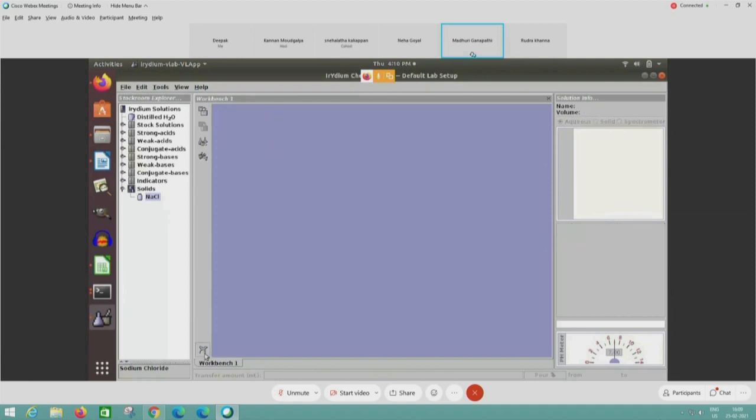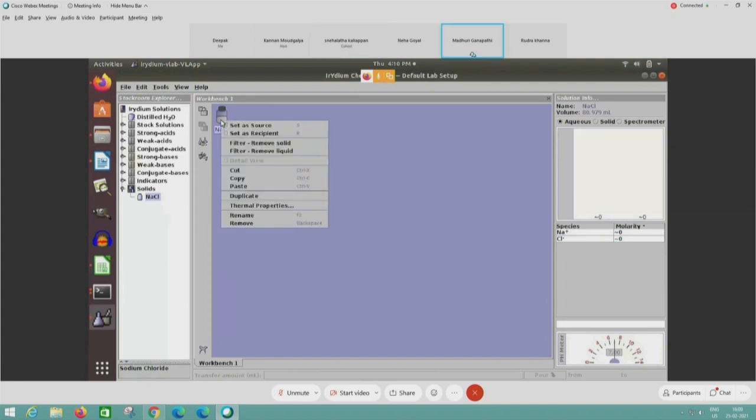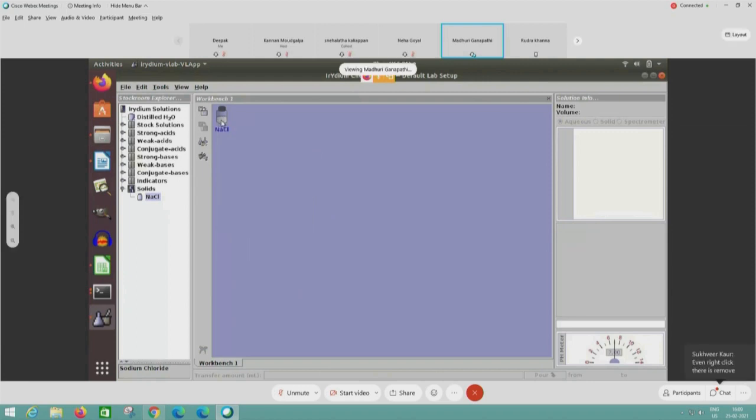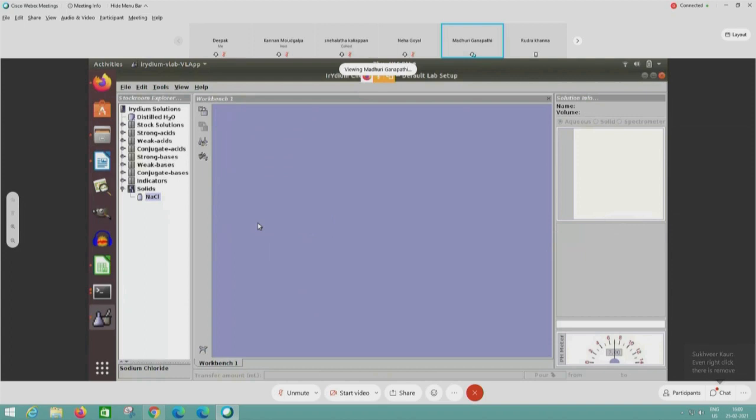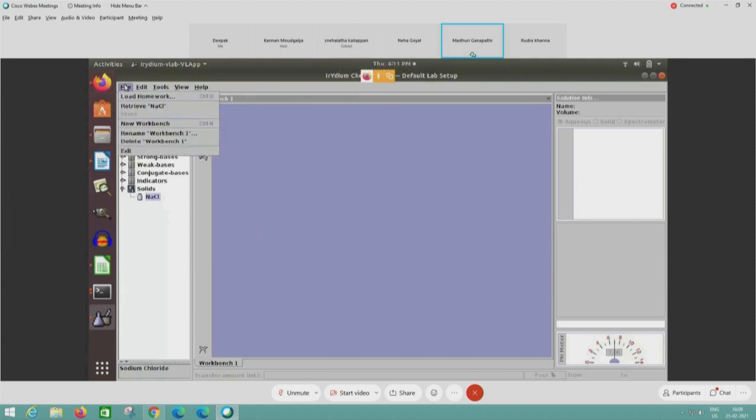This was explained in the tutorial. There is one more method: right click, and the last option is remove. So you have three options: the delete key, the cross mark, or the context menu. Okay, let me go to the experiment again.